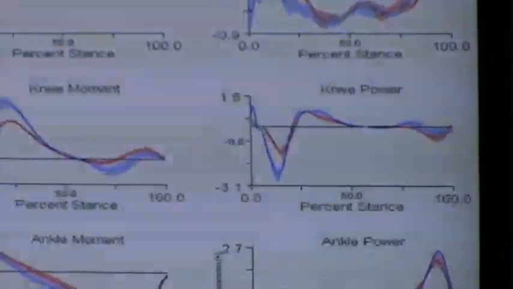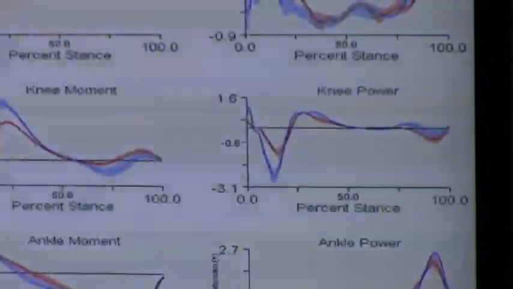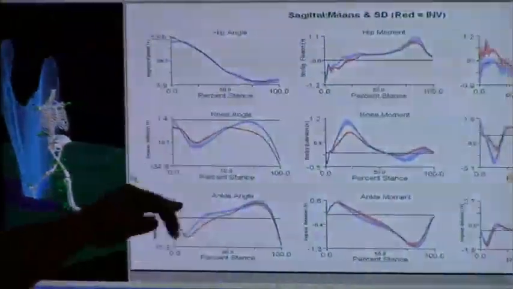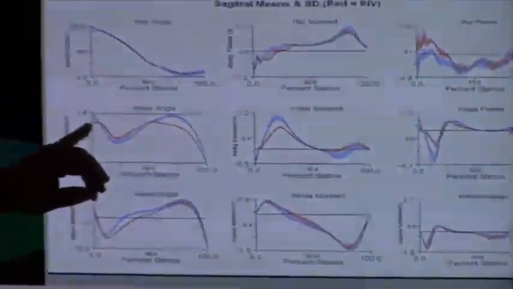The third column here gets even more complicated. It's about generating, producing, and absorbing energy at the joint. So we'll steer clear of that one a little bit. That takes a little bit longer to explain. So basically this report, when we look at this, because see how we might put someone through an intervention, we